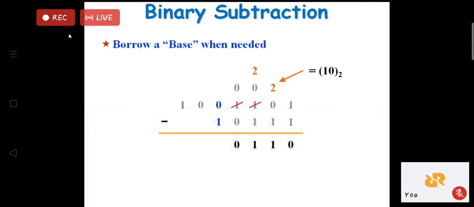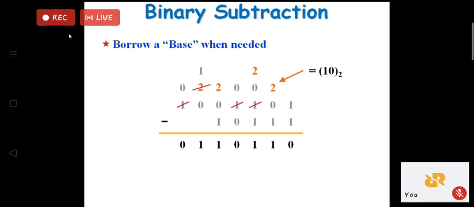वो भी जीरो है। उसके बाजू में जाऊंगा मैं, उसके बाजू में गया तो उधर मुझे वन मिला, तो वन जीरो कॉम्बिनेशन हो गया, वो हो गया टू। टू मैंने यहाँ से लिया, बाजू वाले को दिया, वो वन ही रह गया। टू माइनस वन इज वन। जो दो था, जो बोरो लिया था, वो भी थोड़ा सा कंगाल होके बाजू में आ गया, वन। वन माइनस जीरो वन, and zero as it is, and you have converted this number into binary equivalent, and you have got the answer as 54.